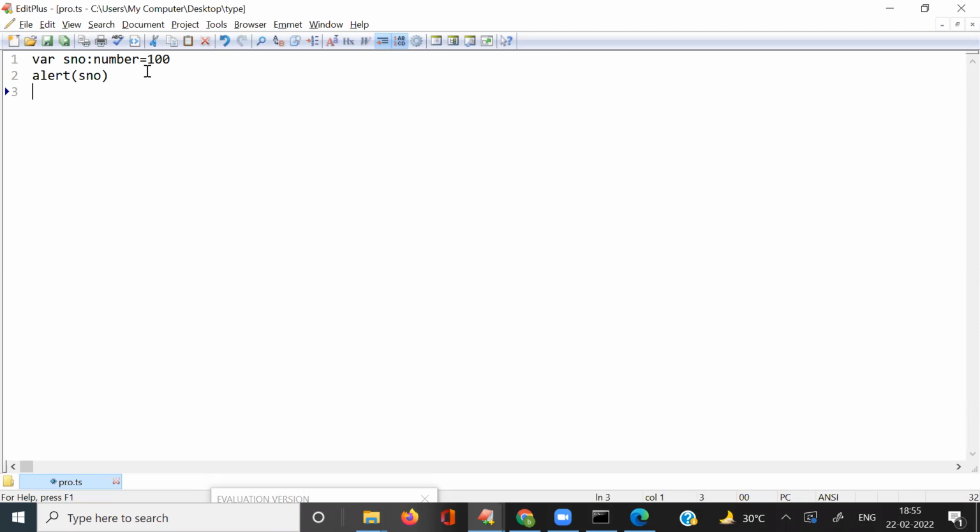Next concept is how to work with the remaining data types, where x colon string. String means we can store string values. Yes or no? Yes, sir, string type data you can provide. So x colon string is equal to something like